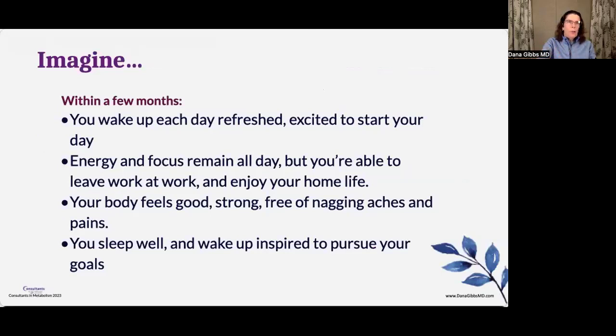So with mindful and proactive management of the stress that we experience daily, and with tweaks to help our bodies physically cope with it, you can have some dramatic improvements in your mood, in your energy, in your focus, in your pain levels, and your sleep, which is amazing.